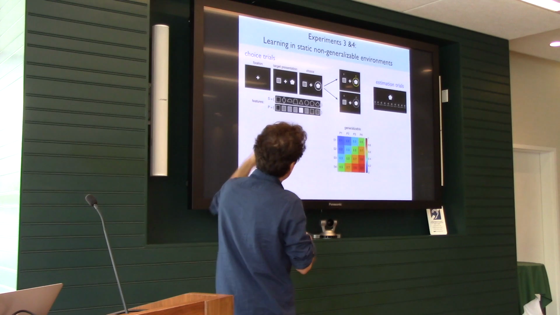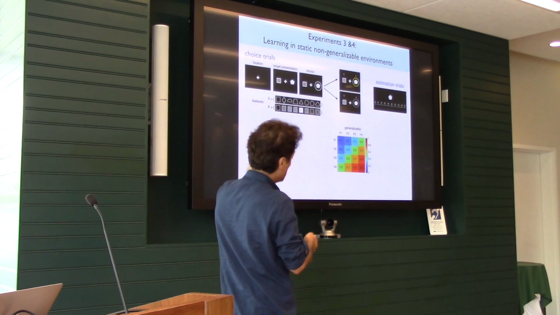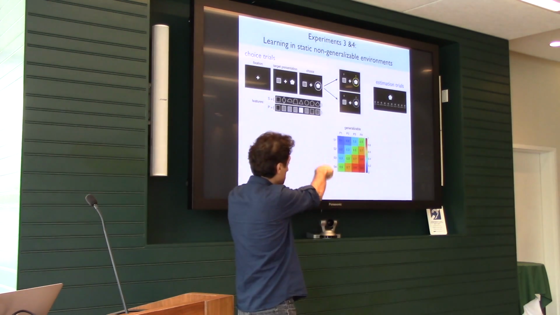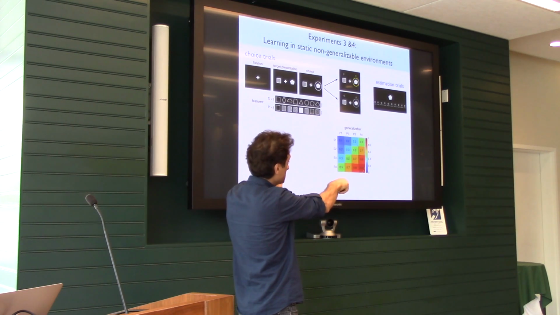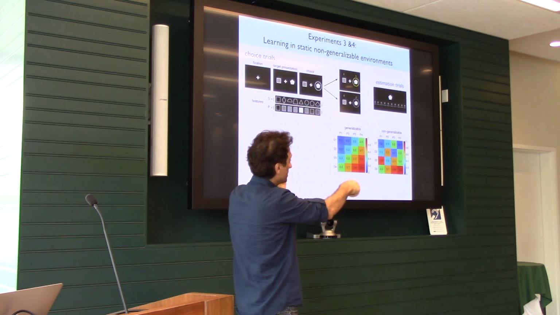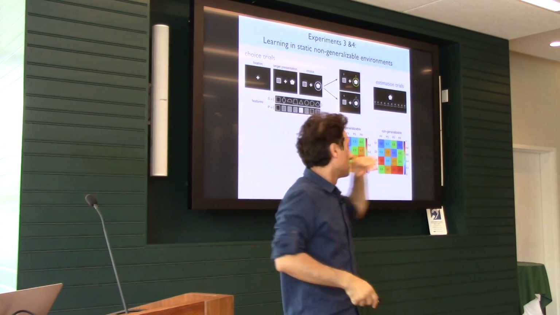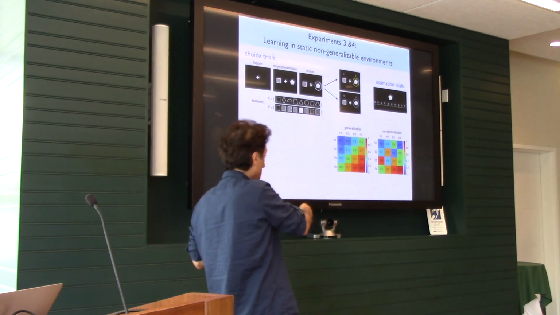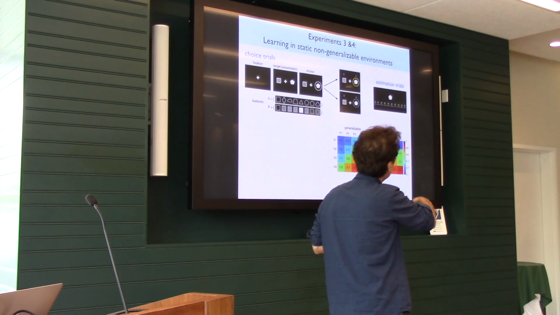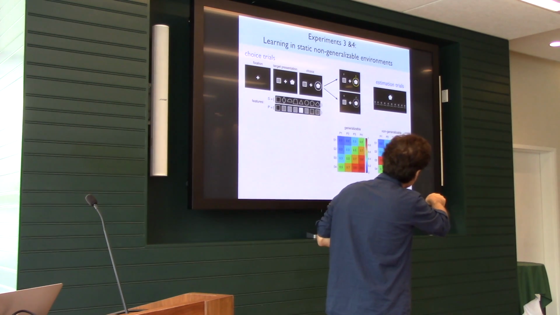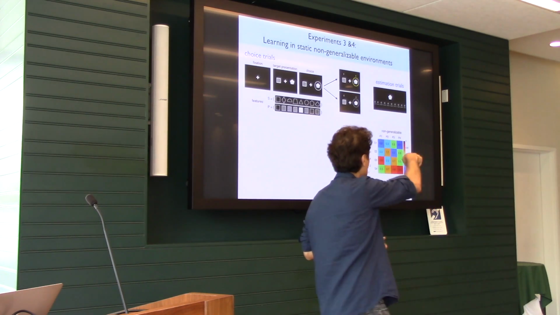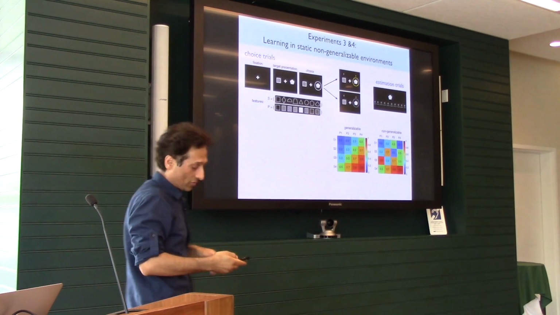Now, these environments are not fully generalizable. This would be a generalizable environment: you have these patterns and this shape, and this thing here is the best thing in the world, and this is the worst thing in the world. They more look like this. So you can see that you cannot generalize the value from the features to objects. On average, certain things are better than other things. For example, in this case, the shape has some information in it, but the pattern doesn't give you any information.